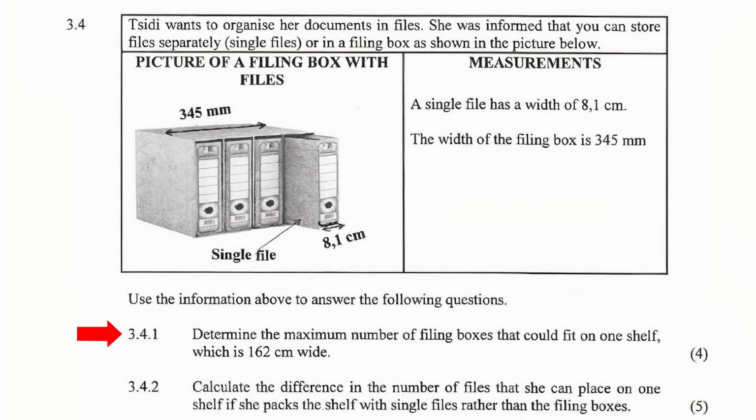3.4.1. Determine the maximum number of filing boxes that could fit in one shelf, which is 162 centimeters wide. The width of the shelf is given in centimeters and the width of a filing box is given in millimeters. So the first step is to convert one of these units to the other. We can choose to convert the width of the filing box from millimeters to centimeters. There are 10 millimeters in 1 centimeter, so 345 millimeters is 345 divided by 10, and this gives us a